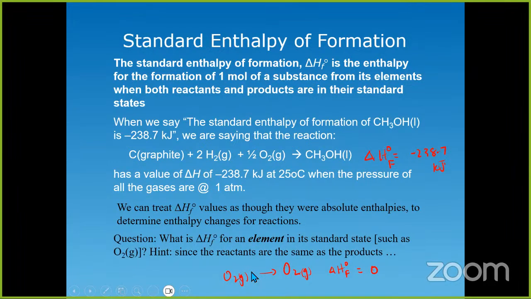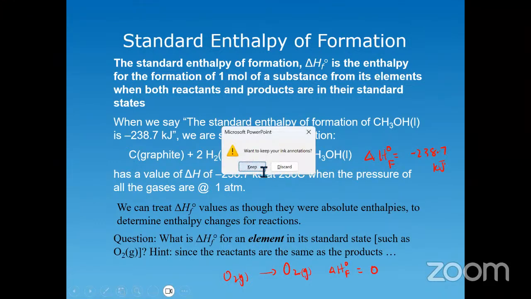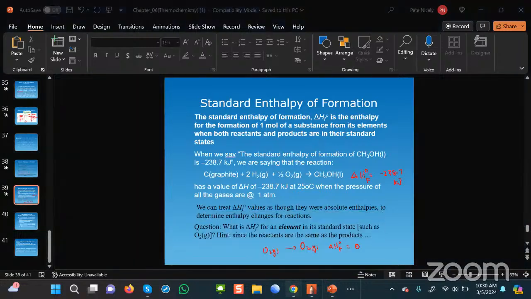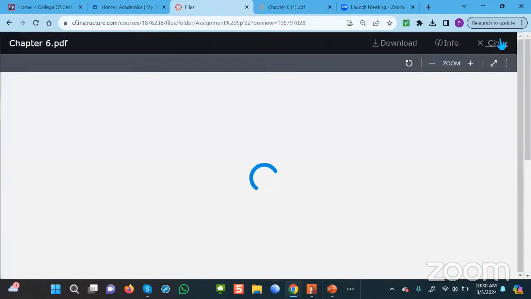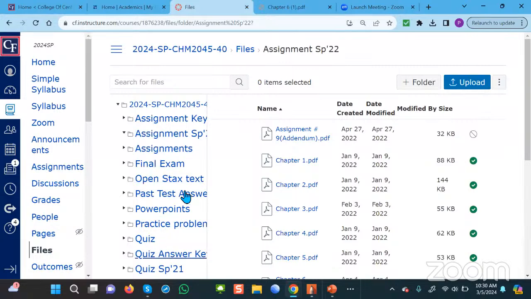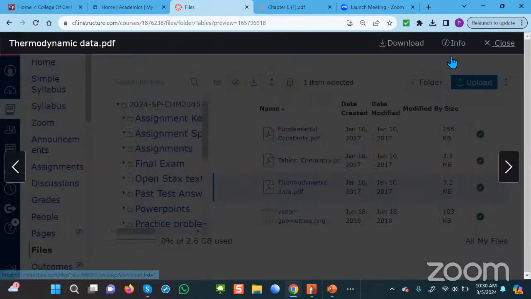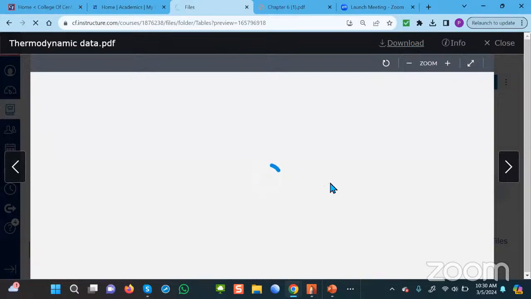So let me just show you this table right here. It's, again, posted in Canvas. So let me go here. Go to Files. Well, let me close this first. Then go to Tables. And of course, you'll have access to this table in your future tests. So this is the link right here, thermodynamic data, right? So if you open that up, you're going to see